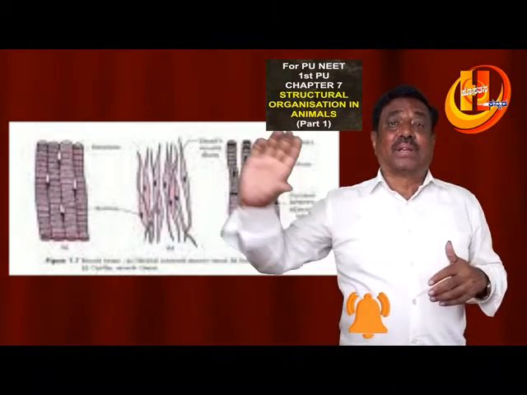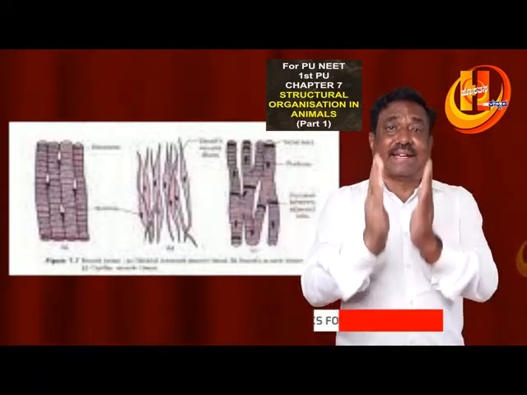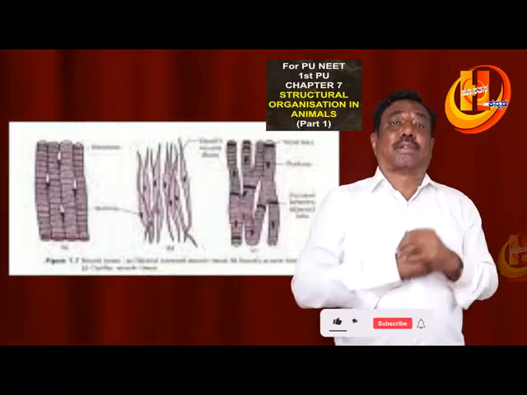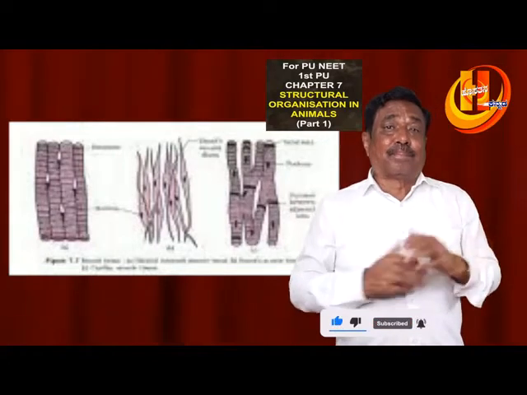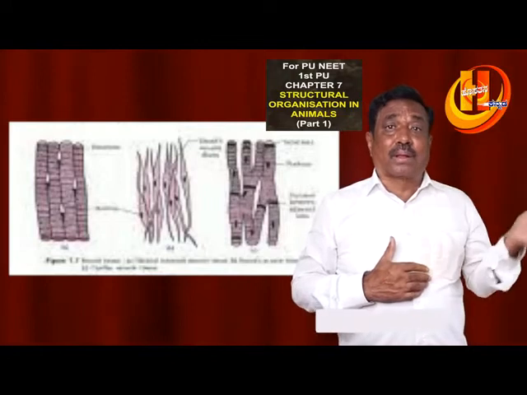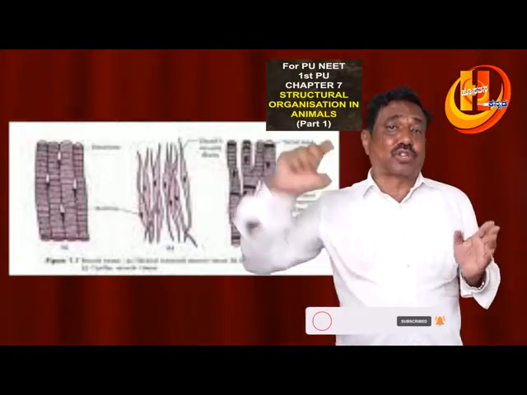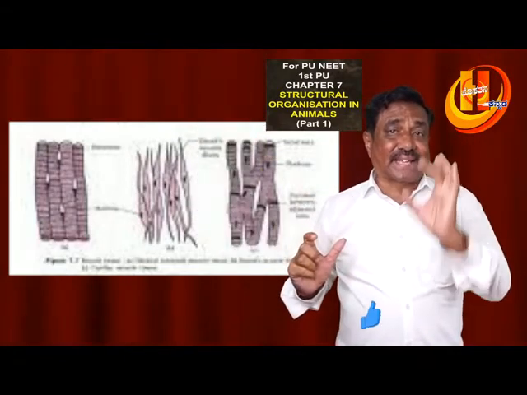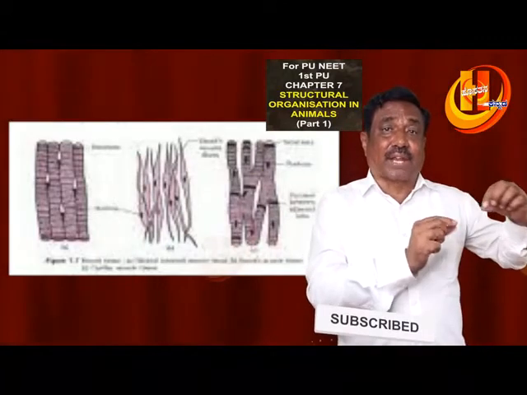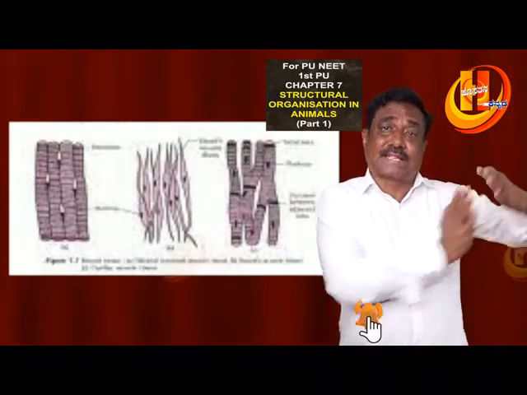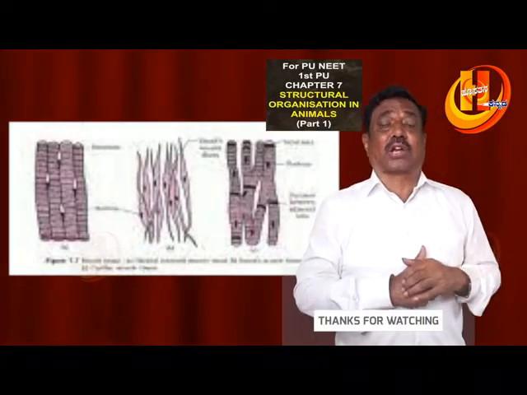And here the bands are absent. Light bands and dark bands are absent in smooth muscle. And here the bands are present. Here also the bands are present. That is very important. And the cardiac muscles show both the characteristic features of the smooth muscles and the skeletal muscles or striped muscles. But here, the presence of bridges, the cells are branched, the bridges form an important characteristic feature of the cardiac